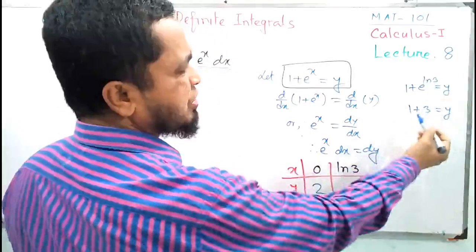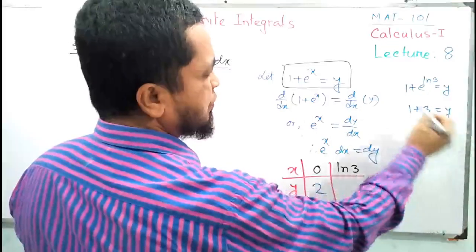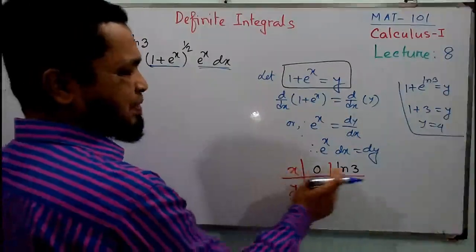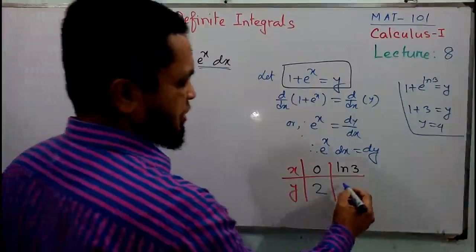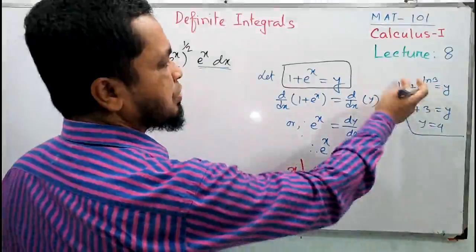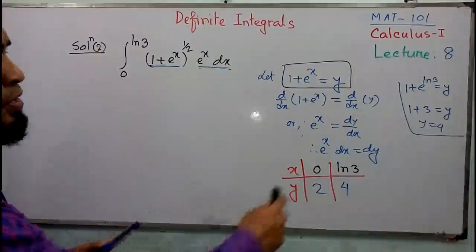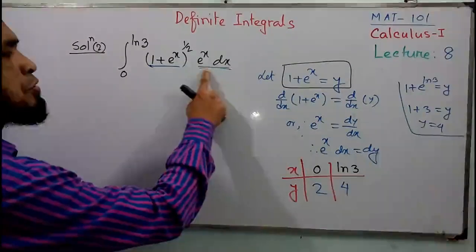X means 3, therefore y equals 4. What did we get? When x is ln 3, y is 4. We showed the calculation here. Now you apply the limits and the value of e to the power x dx